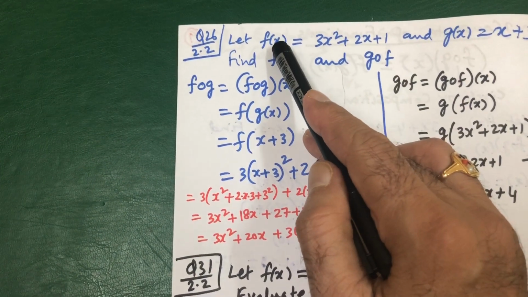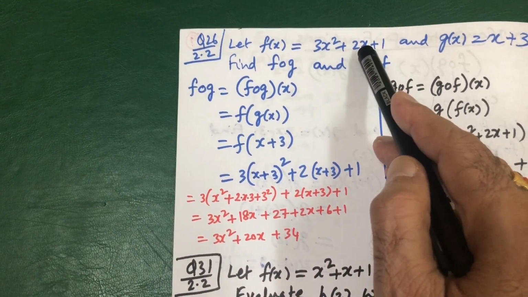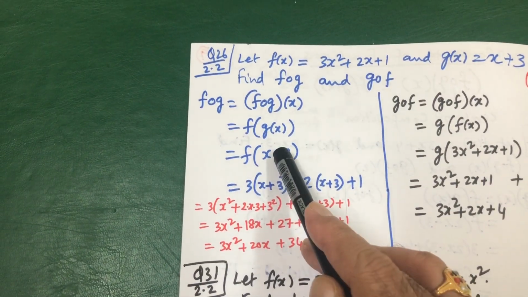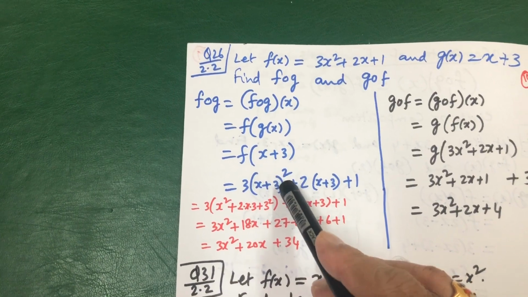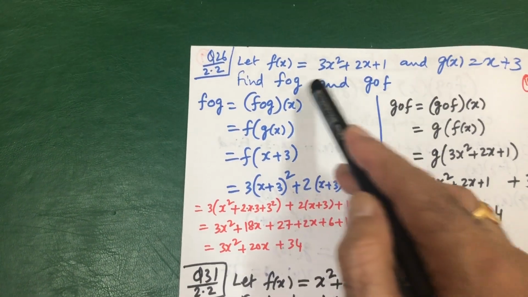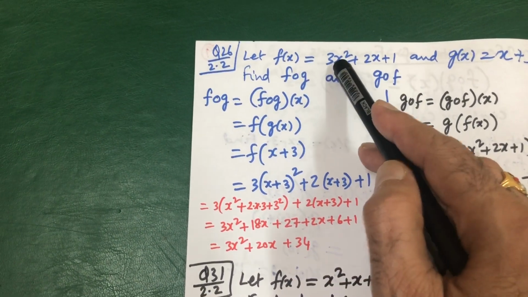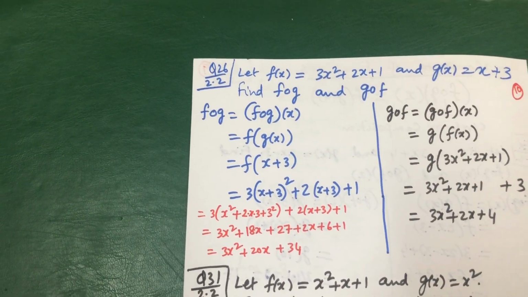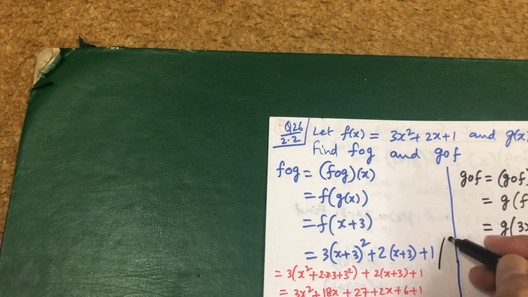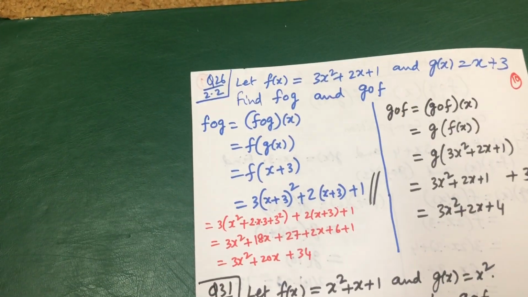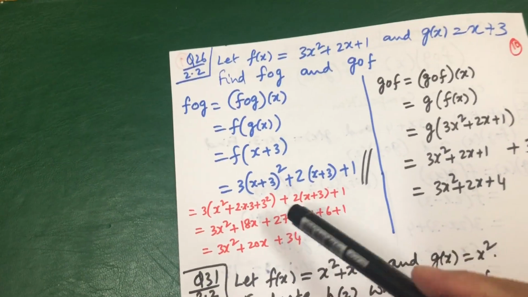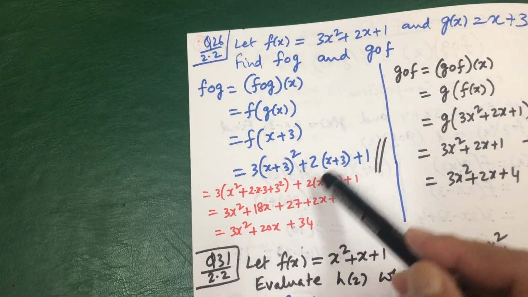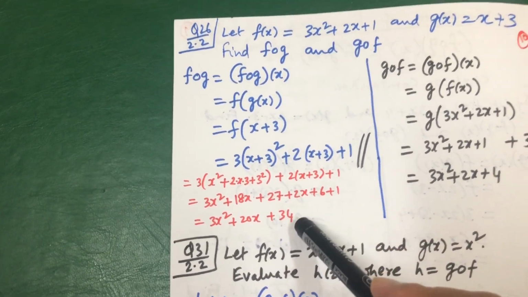Whatever x here you have to write 3 times square plus 2 times plus 1. So 3 times square plus 2 times this plus 1. See this, replace x with x plus 3. 3 times (x plus 3) whole square plus 2 times (x plus 3) plus 1. You can stop here actually. Or if you have capacity, if you want to do further, you can expand the whole square, (a plus b) whole square, a square plus 2ab plus b square, plus 2 times (x plus 3). Just simplify it, you get this answer.